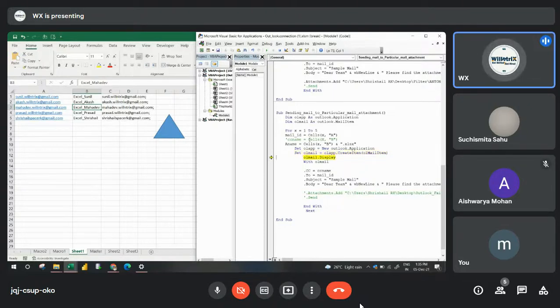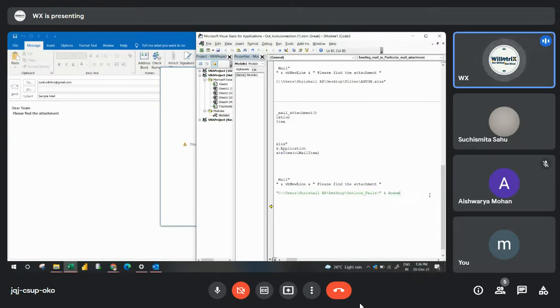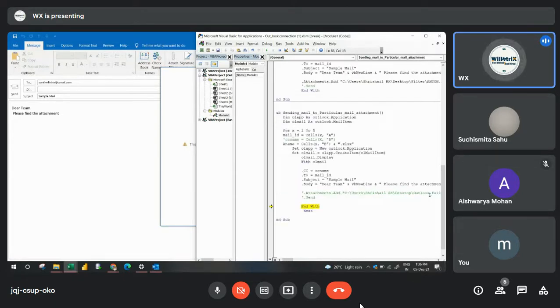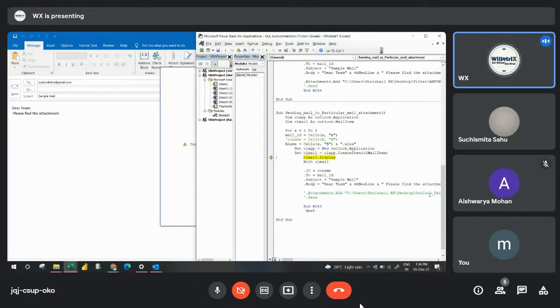So after that it will display Outlook for that email ID, then the CC, subject, whatever you have, then the body of the letter, then the attachment, where you have to give the path and concatenate the file name with that folder. Correct? I am just using path and name concatenated, then send, and it goes to the end. Then next email ID: it will open the next email ID and keep moving.